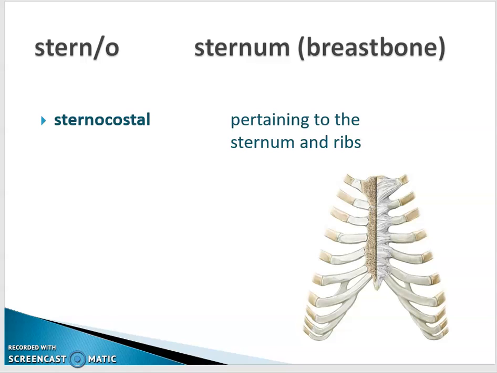Then we have the sternum. This is the breastbone. Sternocostal is a term that refers to the relationship between the breastbone, or the sternum, and the ribs. But just to call attention to it, the primary thing we want to think about here is sterno, the combining form for sternum. So when we talk about the sternocostal